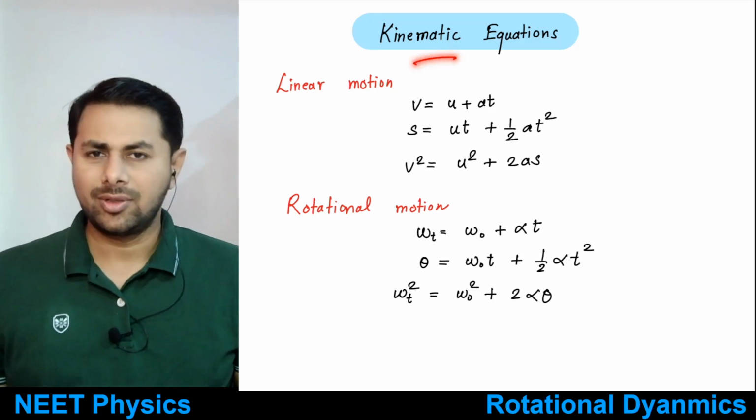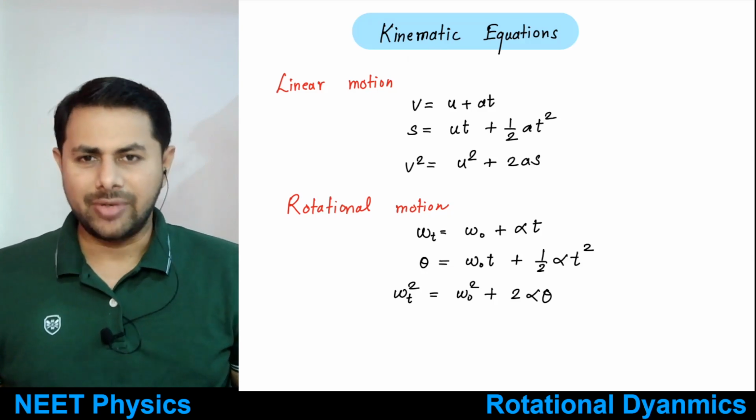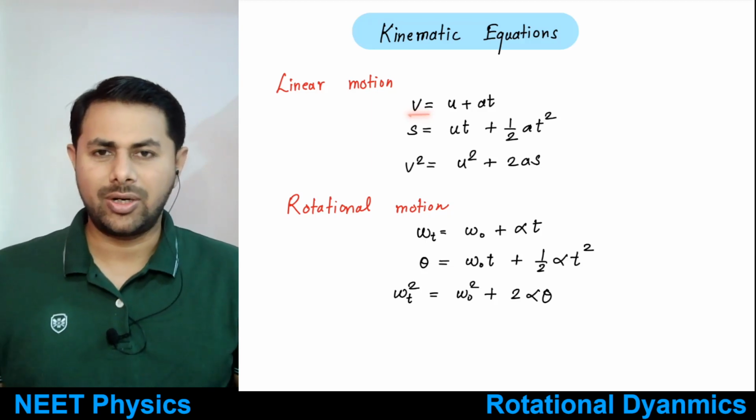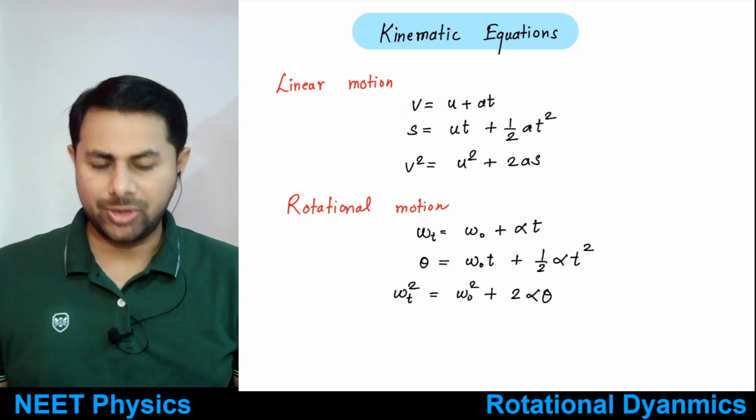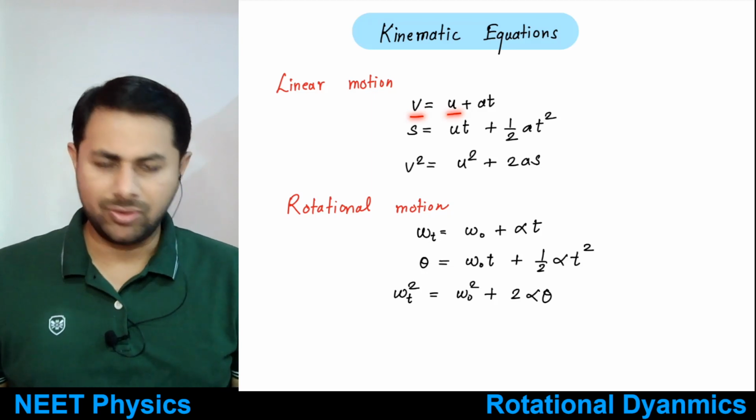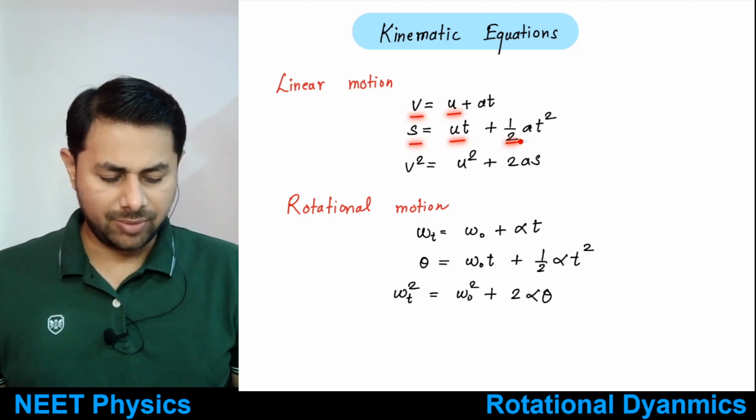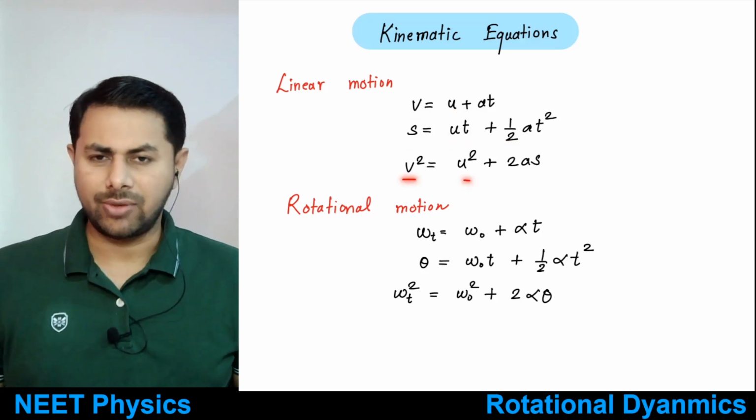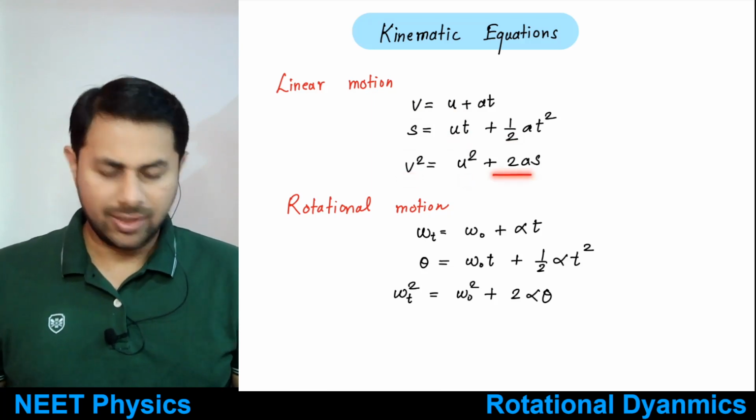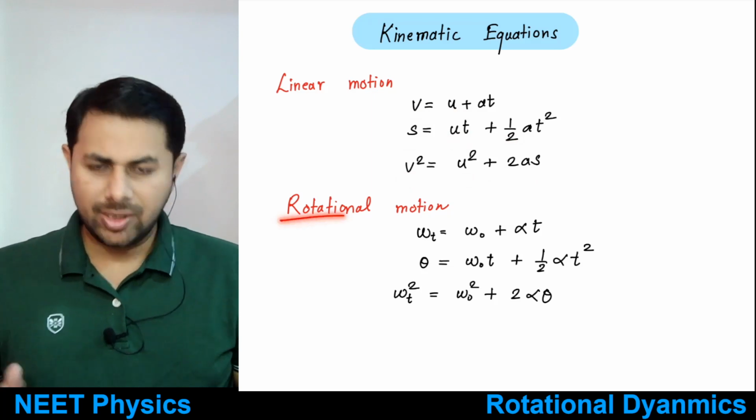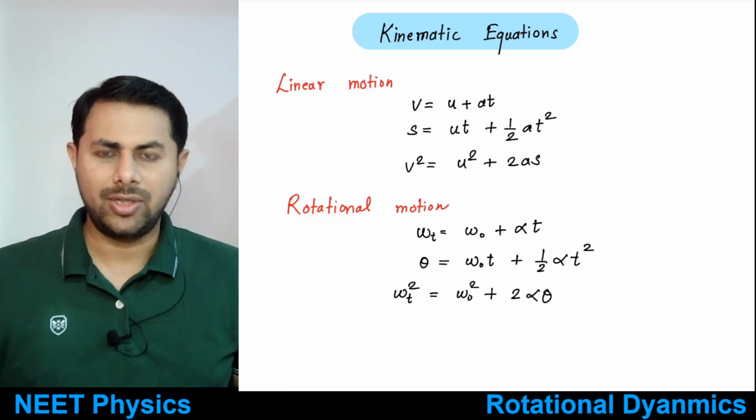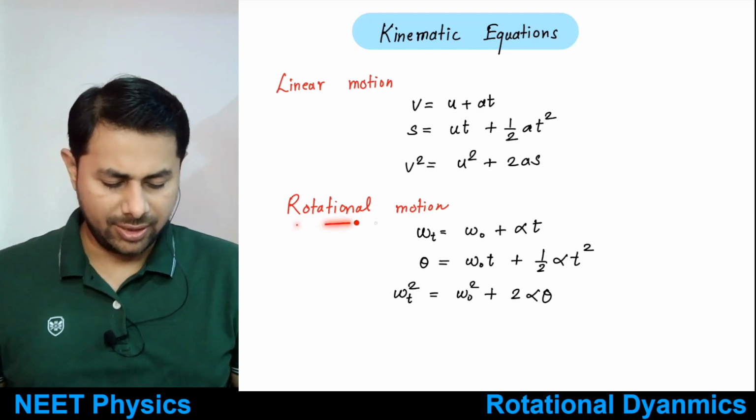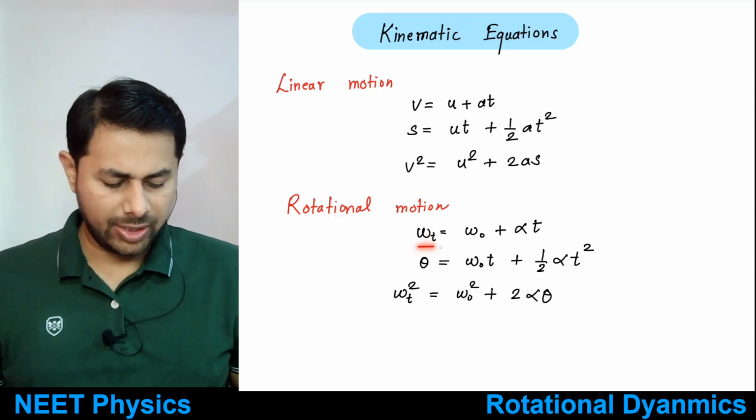First of all, what are kinematic equations for linear motion? So we know kinematic equations for uniformly accelerated linear motion are v is equal to u plus at, s is equal to ut plus half of at square, then v square is equal to u square plus 2as, right? And similar kinematic equations, if you have uniform angular acceleration, then for rotational motion we have